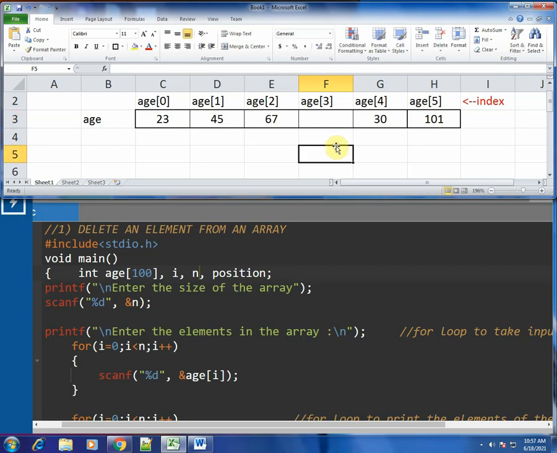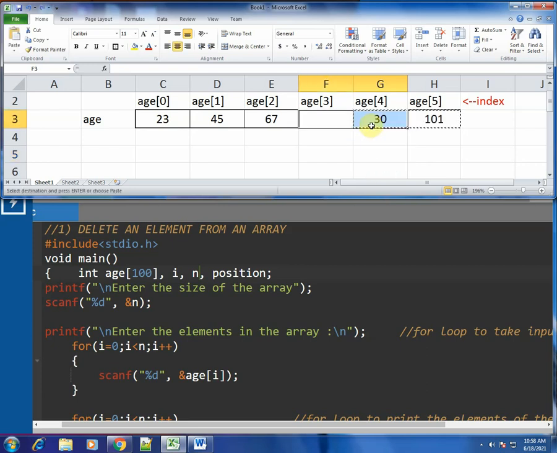So when we delete something from the middle of an array, what has to happen is that the remaining part of the array, whichever elements are there, those have to be shifted to the front to fill up the space, because you cannot leave an array with an empty space in between. So whenever there's a deletion happening in the middle of an array, that's when you have to shift the remaining half of the array to that position to fill up the gap.